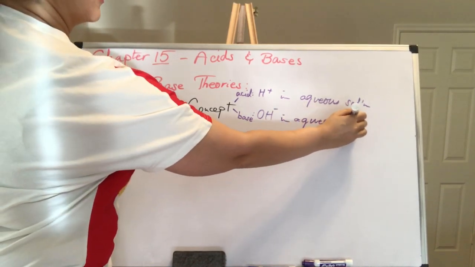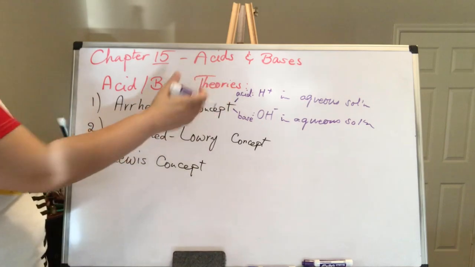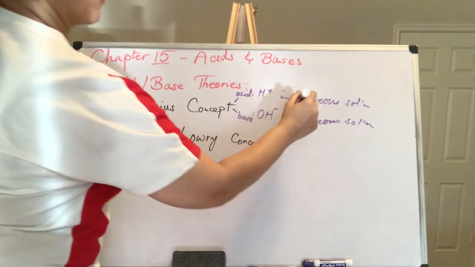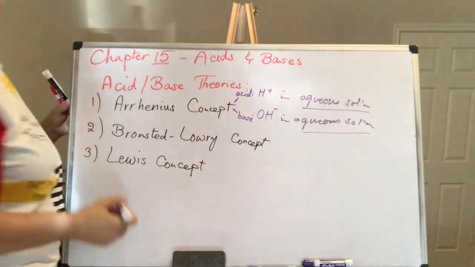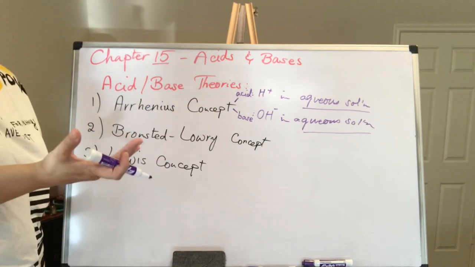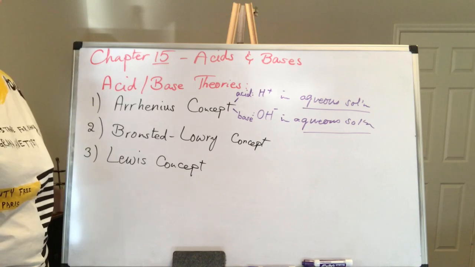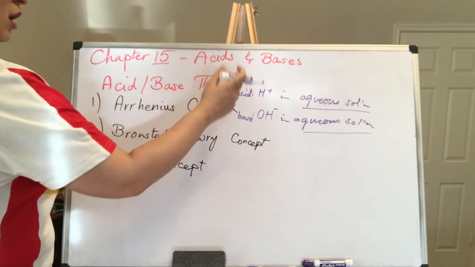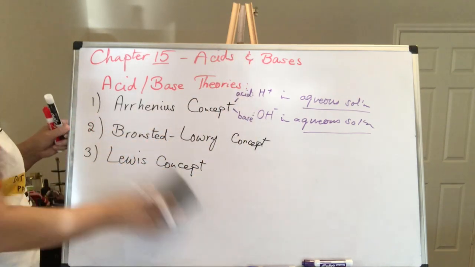This theory is the weakest theory of acids and bases. Why? Because we are limited to aqueous solutions. Aqueous solution means water should be the solvent. But what if our solvent is something besides water? So, according to Arrhenius theory,